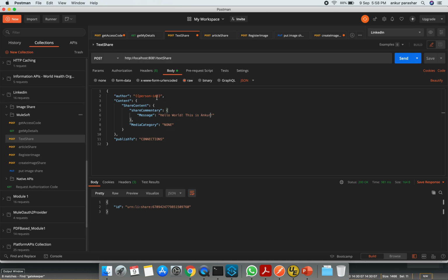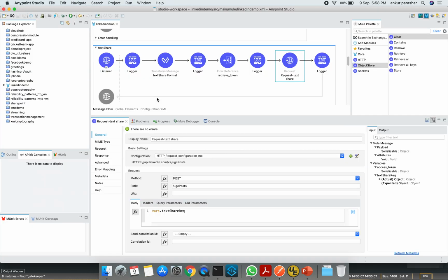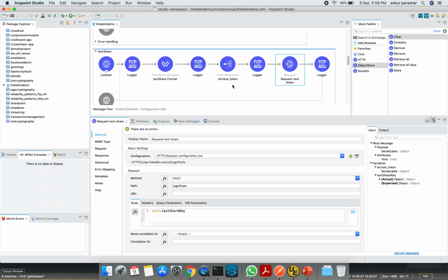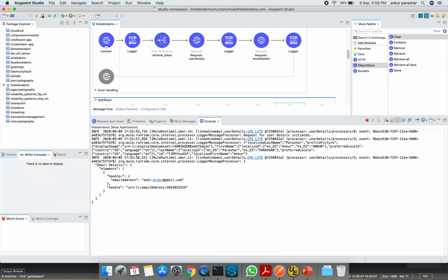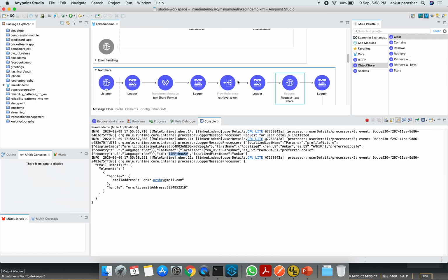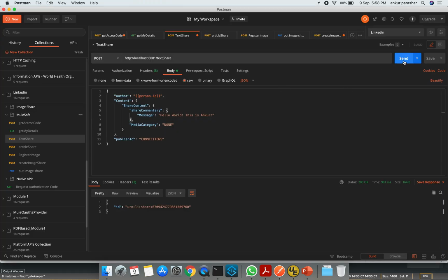This person ID is the same one that is captured from the user details, basically this particular ID. Now if I hit the send button, let's see what happens.